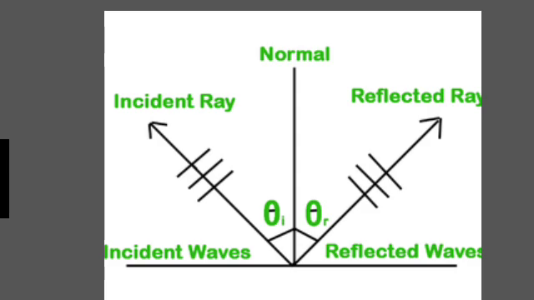We can define the speed of a sound as the distance which a point on a wave, such as a rarefaction or compression, travels per unit of time. We know that speed v is equal to distance by time, where lambda is the wavelength of the sound wave. It is defined as the distance traveled by the wave in one time period T of the wave. Therefore, speed is equal to wavelength multiplied by frequency in a certain medium. Under the same physical conditions, the speed of a sound remains almost the same for all frequencies.